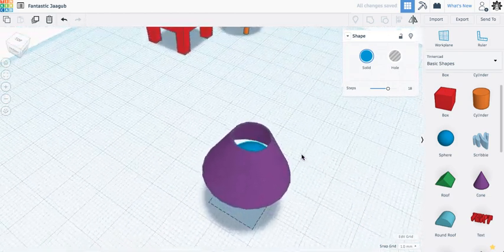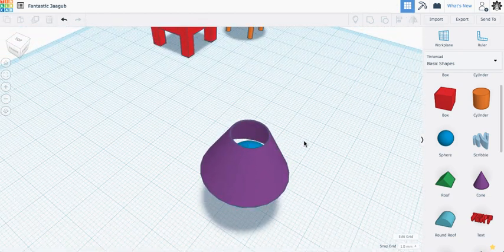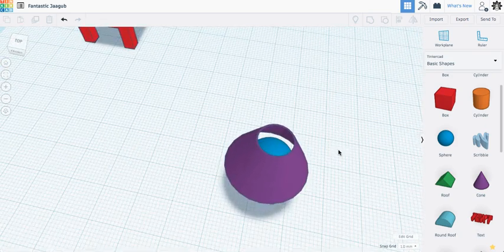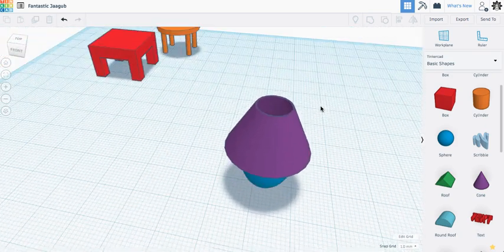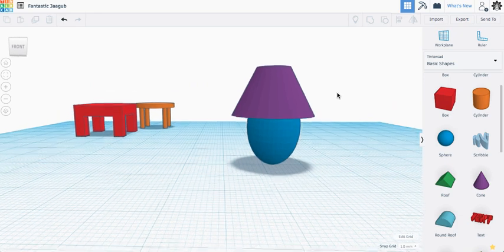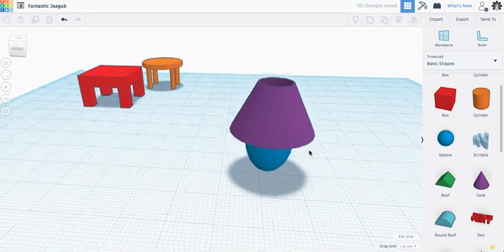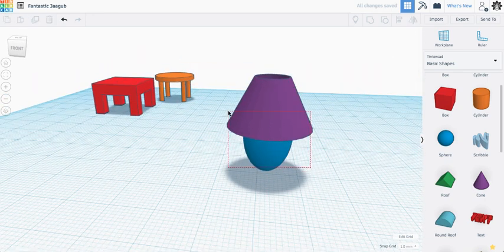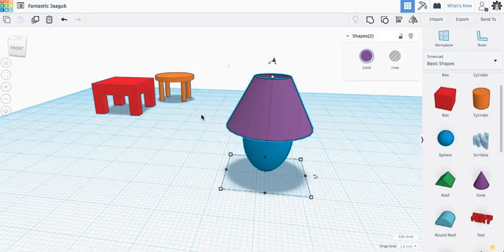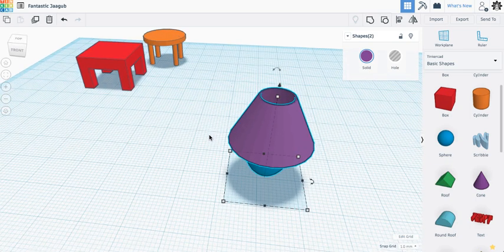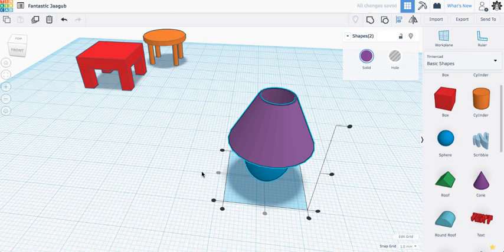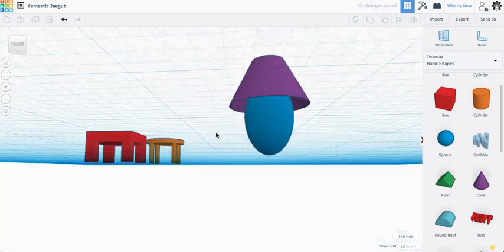And I mean, if you want to get fancier, you can definitely put a line that would go up through here and put a light bulb in it. But for now, for all purposes, I'm going to make that a little bit smaller. That looks kind of like a lamp. I'm just going to put a bounding box around both pieces again. I'm going to click align, and I'm just going to click that little black dot there, and there's my